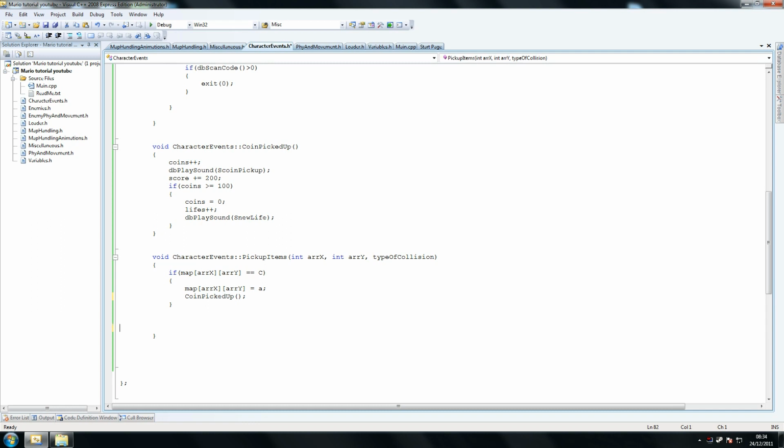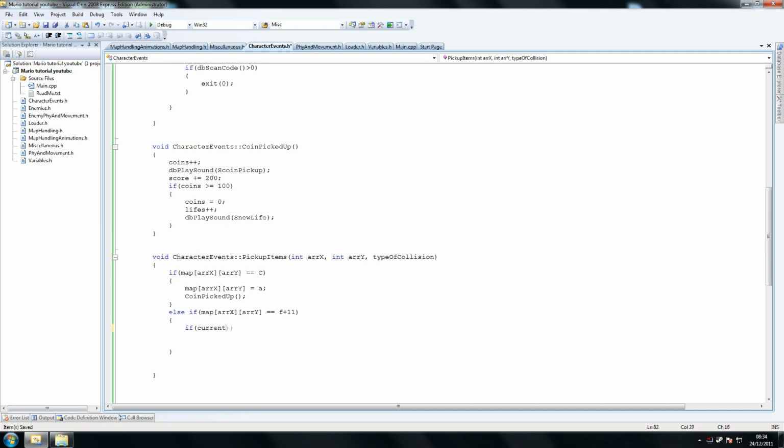Now, continuing on, I've got this here, just copy that line if you like, and then we say else if, so if the first condition isn't true, we do the second one. We're saying else if equals f plus 11. Now that is the fire plant, 11 because the fire plant has got 11 animations, and the final animation in which the plant is fully up, that's the one we're using for the tile. So if it collides with that one,